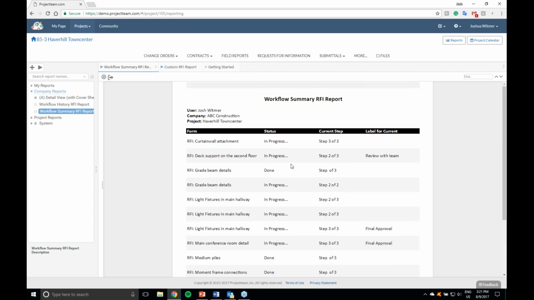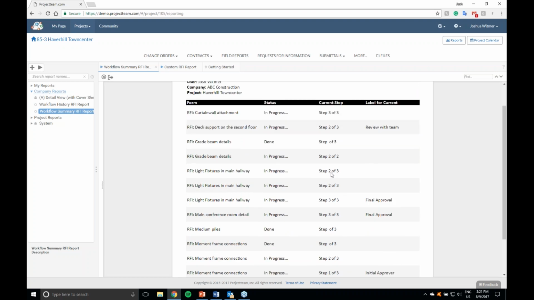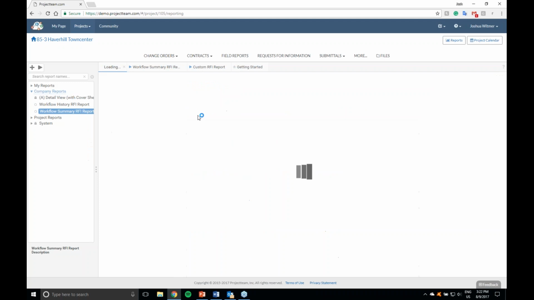In this workflow report right now, I can see some of these say step 2 of 2, some say step 2 of 3, but I don't see other information. So if I was just looking at this and I didn't know what was going on, I might be a little bit confused right now. Why are some 2 of 2? Why are some 2 of 3? What's the difference there? What I'm going to do is edit this report